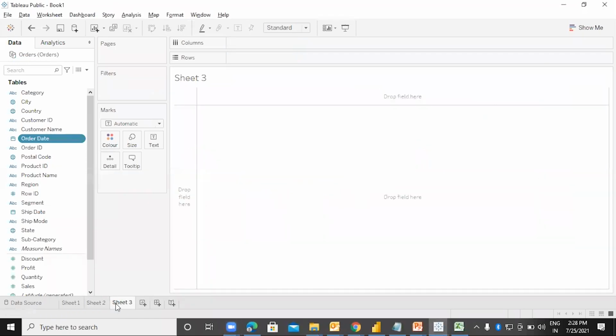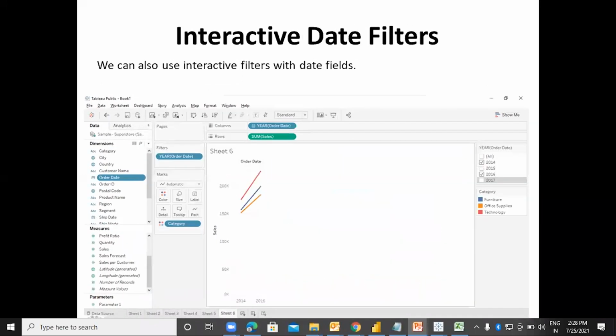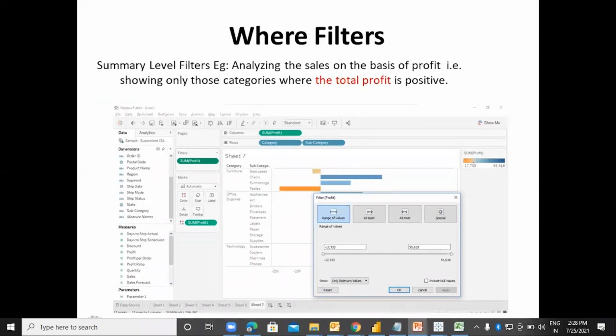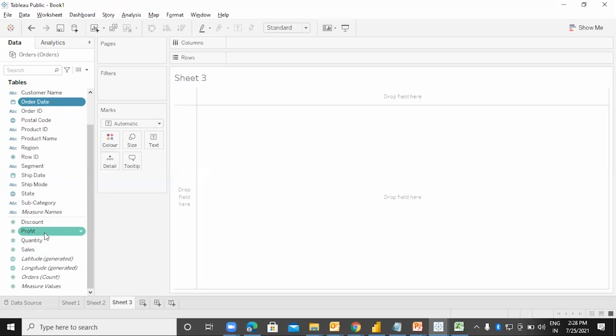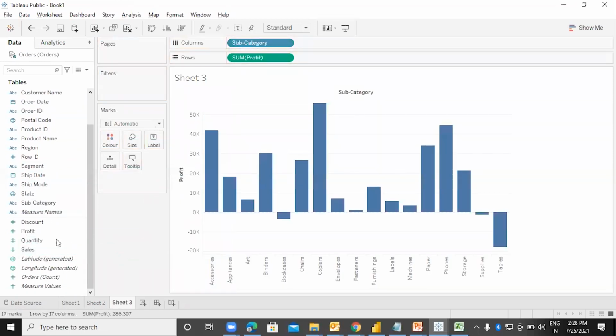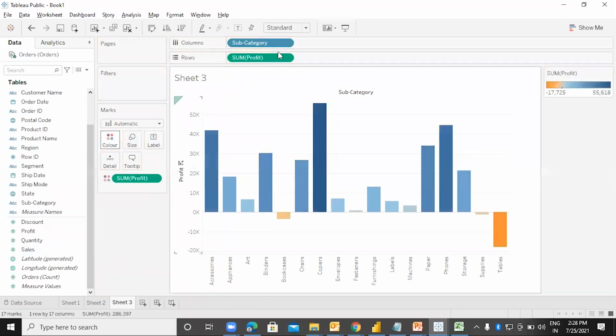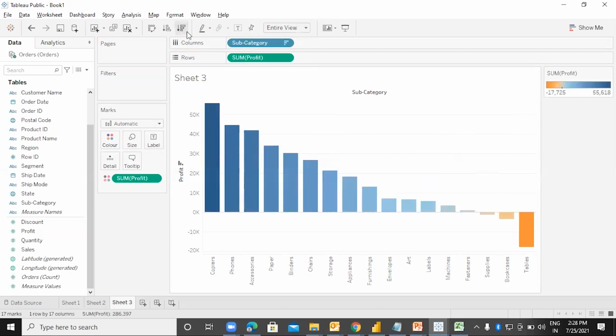Then we have something known as interactive filters, date filters, where filters. Now this is an interesting one. Let's take the profit over here, profit on the basis of the subcategory. I would also like to take the profit into the color, and let's make it as an entire view, and let's sort it also.